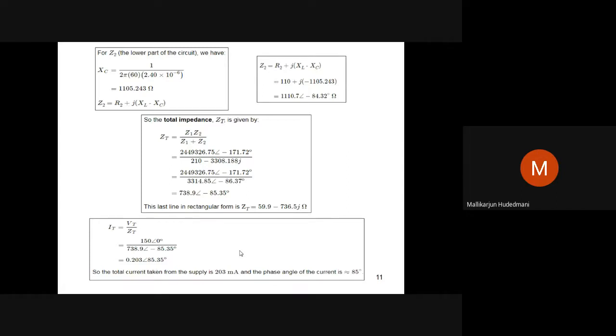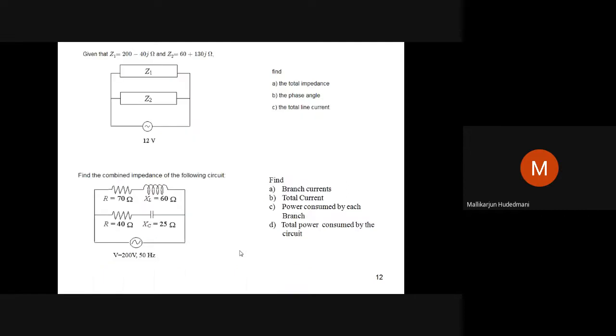So it's very easy. Only thing is, your serious attempt at least once is very necessary. Otherwise we cannot do it; it is just listening, and it is just forgetting for your needs. So I have one more example for you. Two impedances Z1, Z2 are mentioned here, and 12 volt is mentioned. What I asked here is to find the total impedance. As they are in parallel, I am asking for Z equivalent and the phase angle. When I get the total answer, the total current is I equal to V divided by Z. Express the answer in polar: magnitude is the current, angle is the phase angle here. I have another question with this. It is already asked here; only thing is voltage is given to you here.